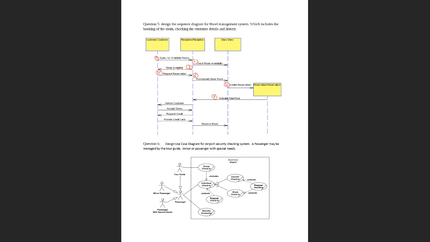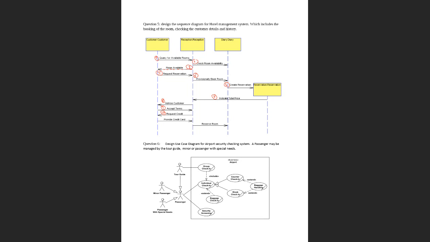So the receptionist will inform the customer in step 8. You see, this is the price. Advise the customer that this is the price. If the customer says, okay, I want to go for the room, it means he accepts the terms. Then at the 10th step, he will ask for cash or ask him to give the credit card.